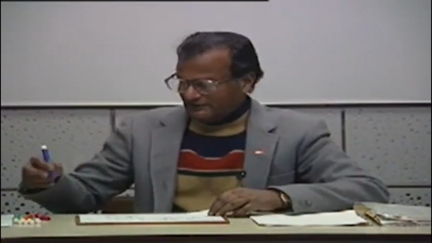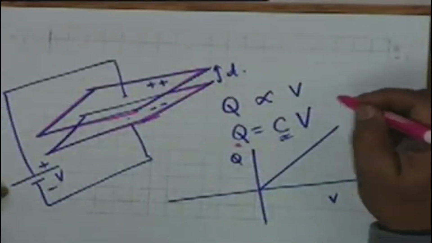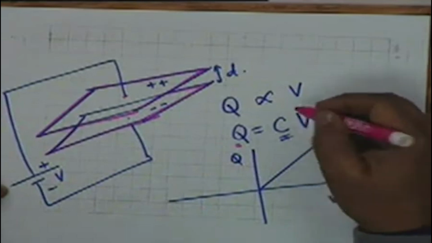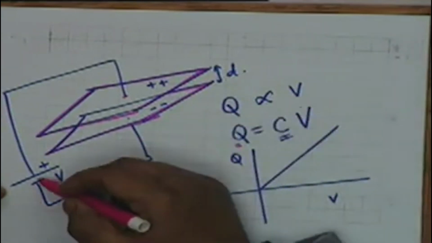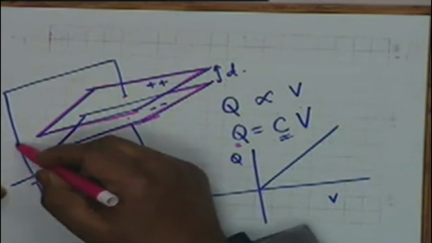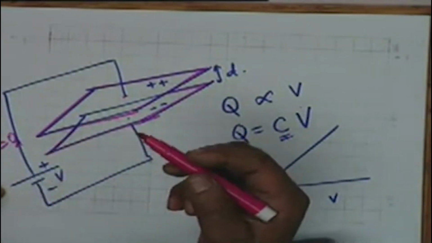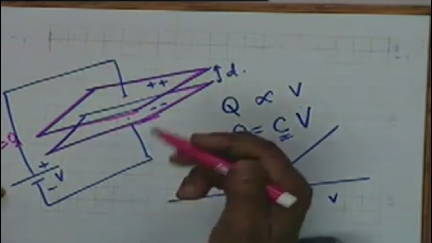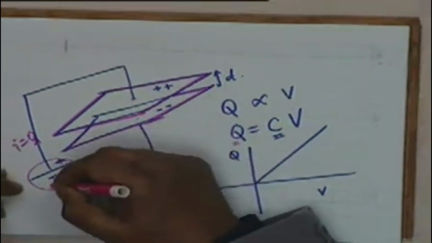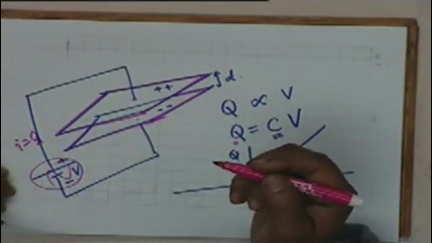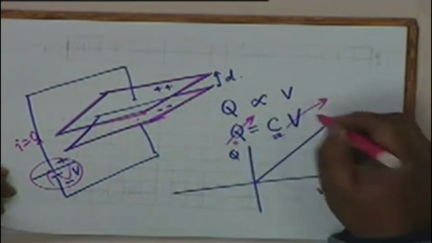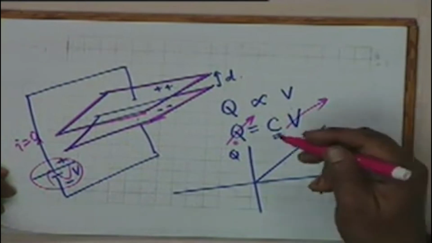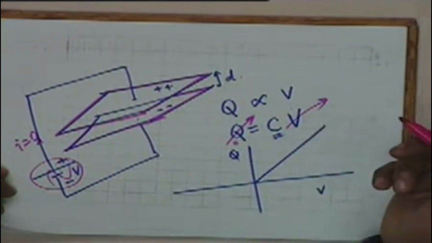Now if Q is a constant, then naturally if V is a constant, then Q is a constant, and therefore no current flows. If there is a battery here, the battery will not deliver any current. I shall be equal to 0 if capital V is a constant. On the other hand, if V varies, then obviously Q also varies. If V varies, then Q varies, and if Q varies, then there shall be a flow of current which is